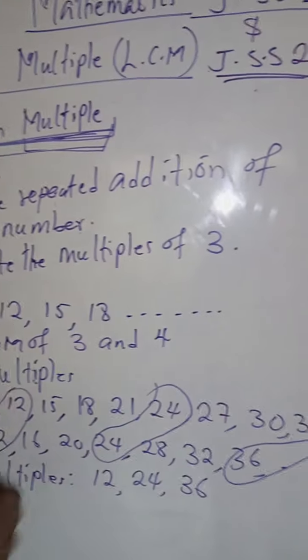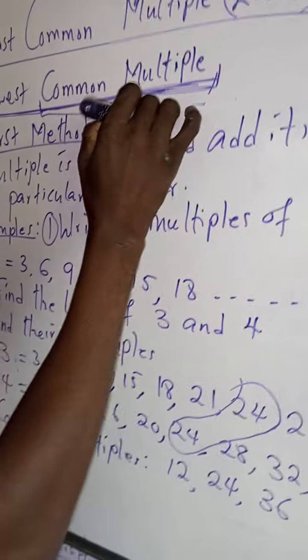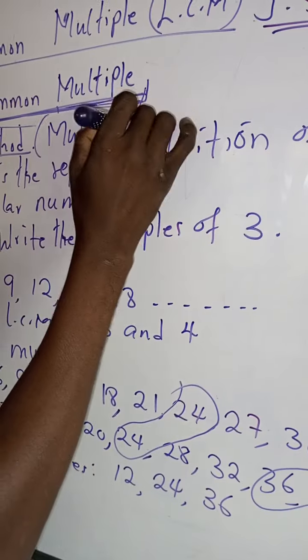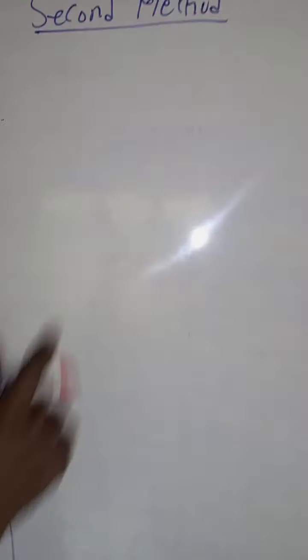So there's one method for solving LCM. Now let's go to the second method. The first method, let's call it multiple method, since we are going to look for the multiples. That's why I call it multiple method. Now, this second method, we can call it